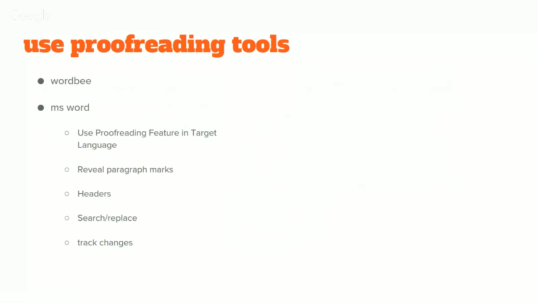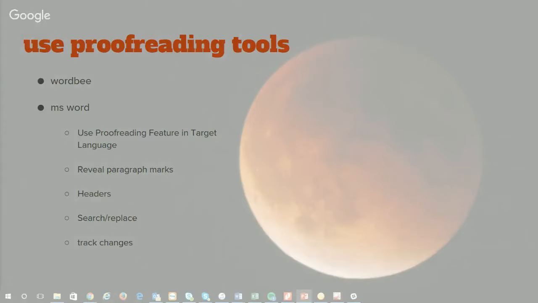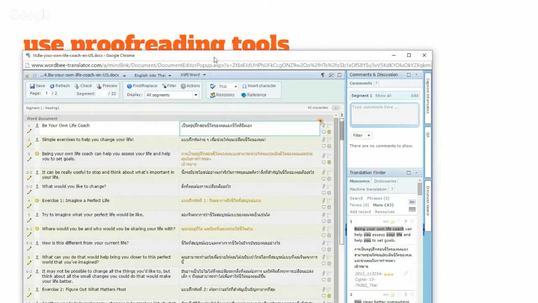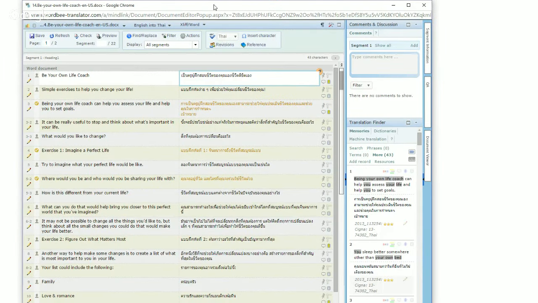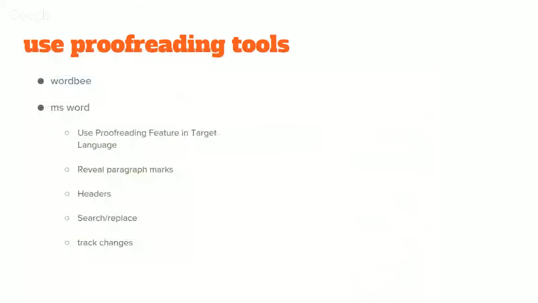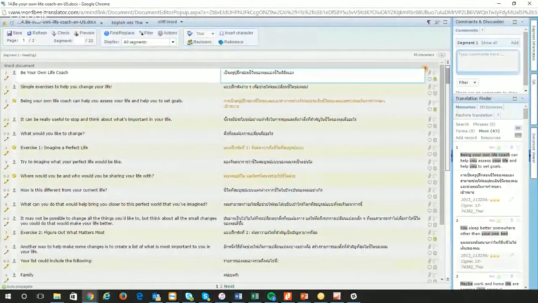So I'm going to show some, this is WordBee. And I believe we've talked about WordBee here before. Oops, sorry, I lost my WordBee. WordBee is the computer-aided translation tool that we use at MindLink. Other tools are very similar to WordBee. WordBee is just a cloud-based tool, so it works really well for our business, and it's the tool we've been